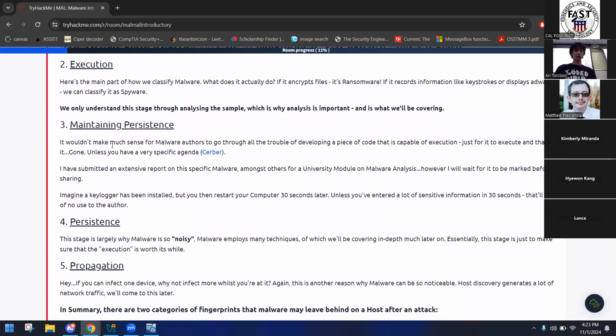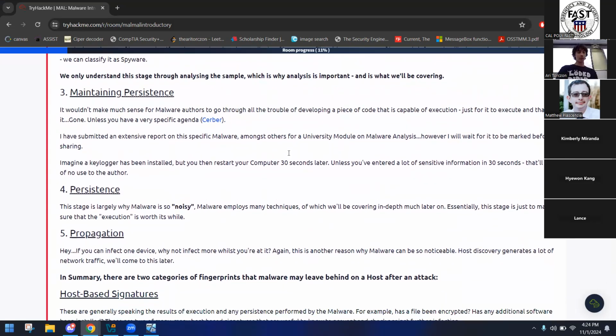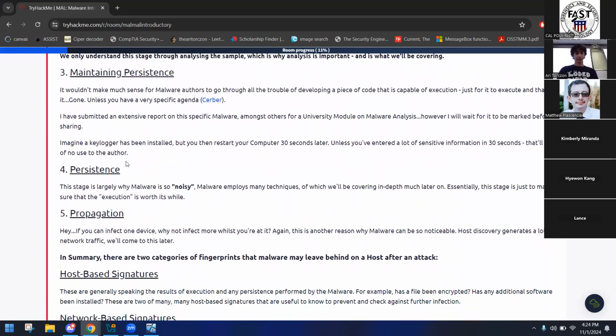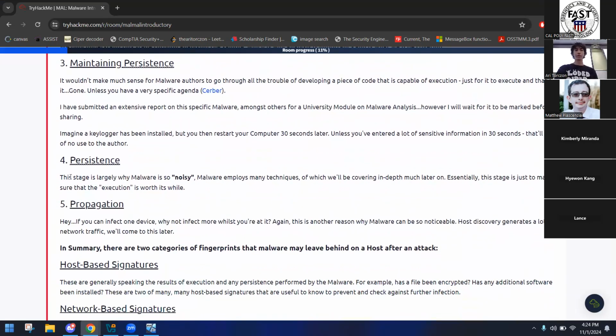And then the third part, which we won't really be covering, is maintaining persistence. It wouldn't make much sense for malware authors to go through all the trouble of developing a piece of code that is capable of execution just for it to execute and then be gone, unless you have a very specific agent. There's an extensive report on the specific malware. Skip that. The fourth one would be propagation, which is the stage